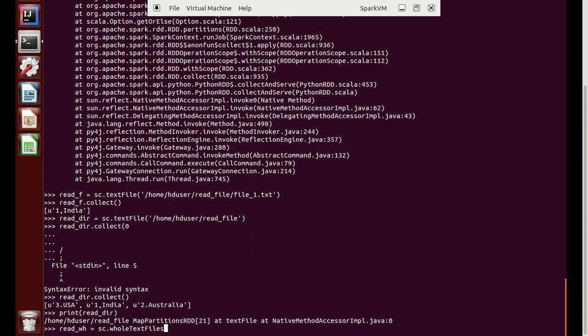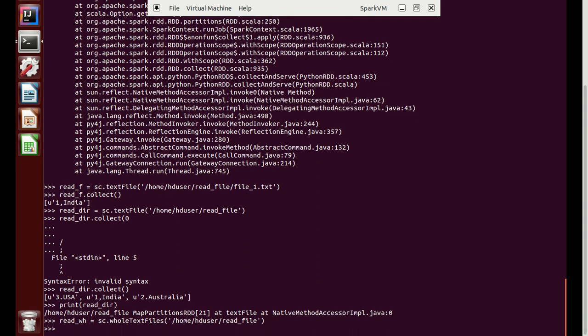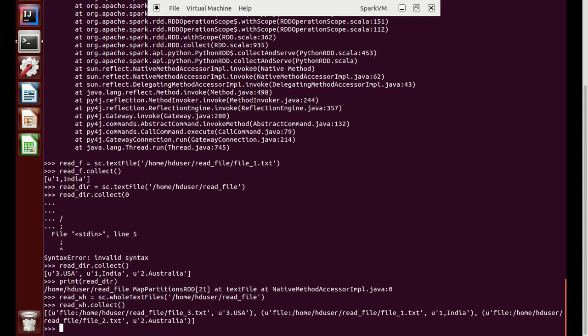We'll provide the path home hd user read file, similar to what we provided in our earlier RDD. Then read_wh.collect, and let us see what will happen. Wow, we got the output. Can you see the difference between the two outputs that we got?